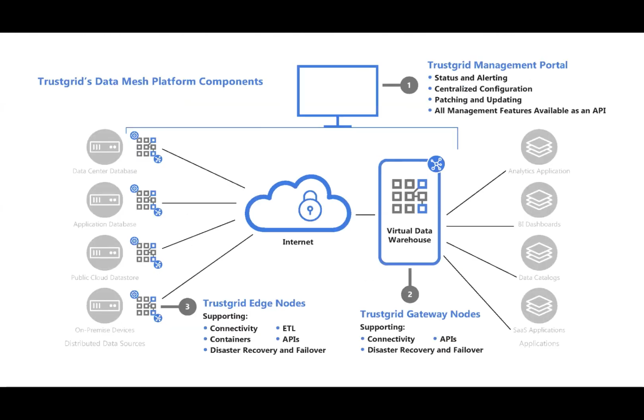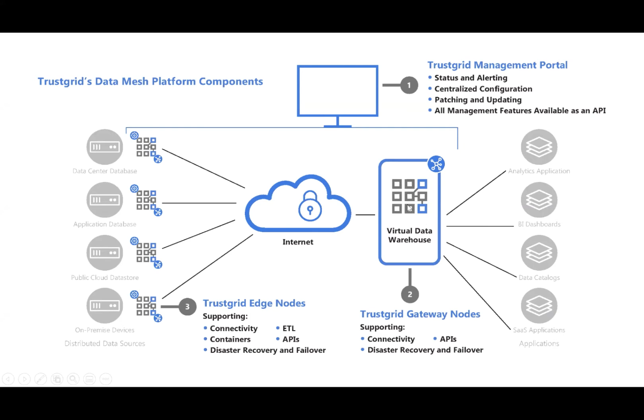We drill down here a little bit more, one layer deeper, right, and talk more about Trustgrid specifically, how we've implemented this. The first component is our centralized management platform. It's our portal, it's our management API. It handles all of the alerting features, all the routing changes, right, all the configuration is done centrally, the security and patching and updating. The gateway nodes are the software Trustgrid deploys in our customers' data centers or cloud environments